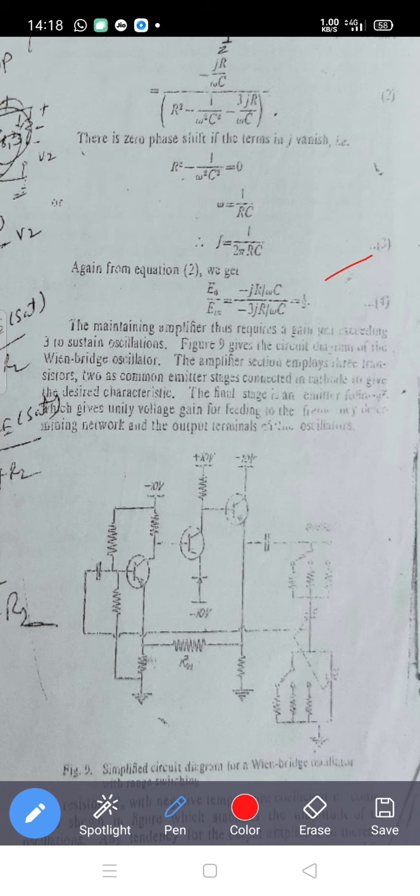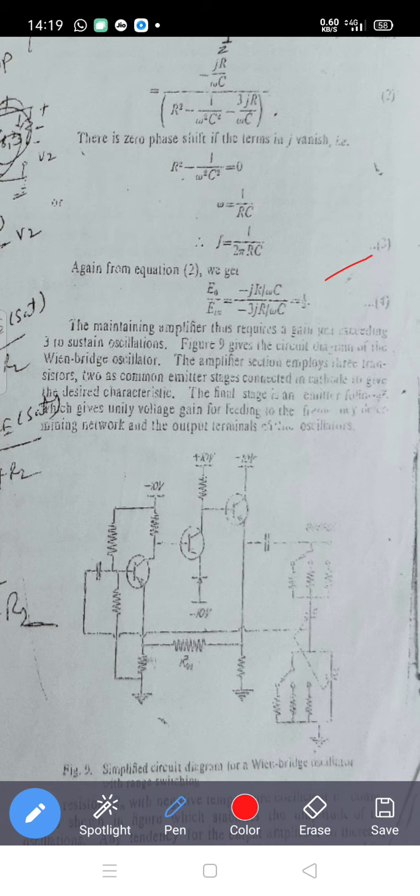Now in the examination generally they ask for the Colpitts oscillator, the condition for the sustained oscillations or the frequency. Suppose we are studying the Colpitts oscillator, then they will ask you to draw the neat circuit diagram of the Colpitts oscillator, write the frequency, or find the condition for the sustained oscillations. So you have to derive the total equation, draw the circuit diagram neatly, and write the total analysis of the Colpitts oscillator.